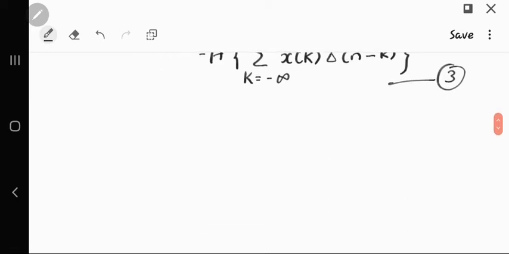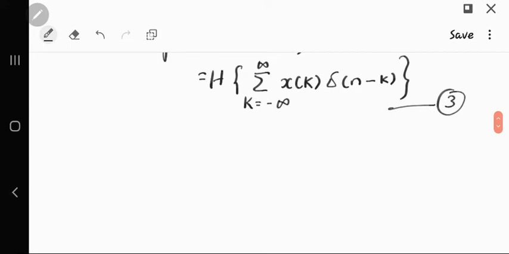Now the system, in the beginning I told you, an LTI system will possess linearity and time invariance property. So using the linearity property, we can interchange the operator h with the summation, and x of k becomes a constant with respect to operator h. We just interchange it. So the equation will look like this: summation k equals minus infinity to plus infinity x of k and the operator h